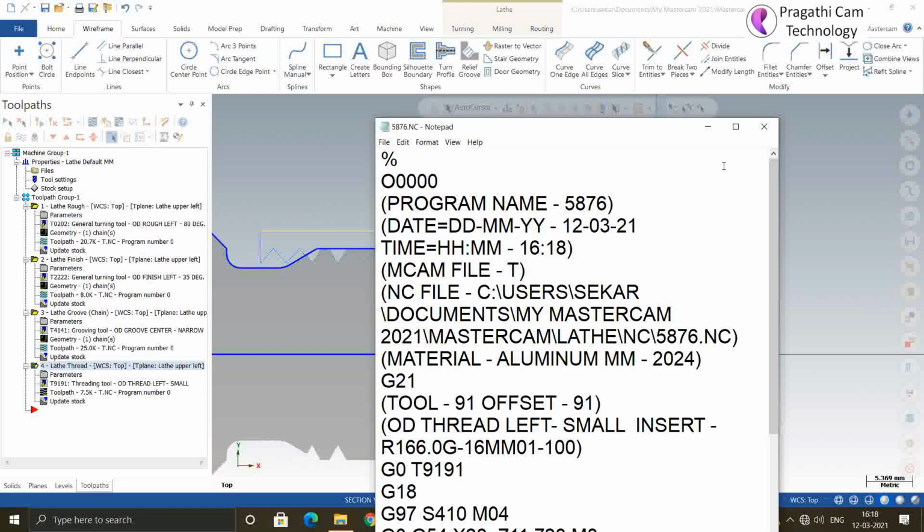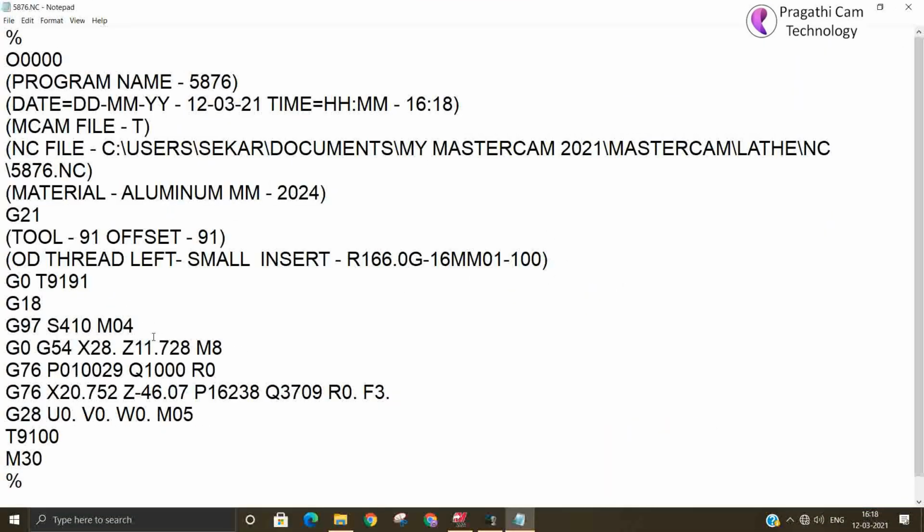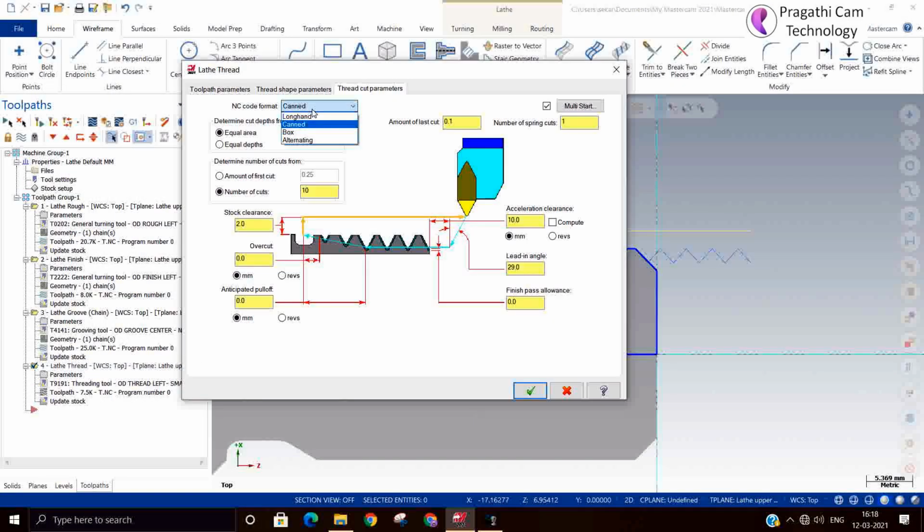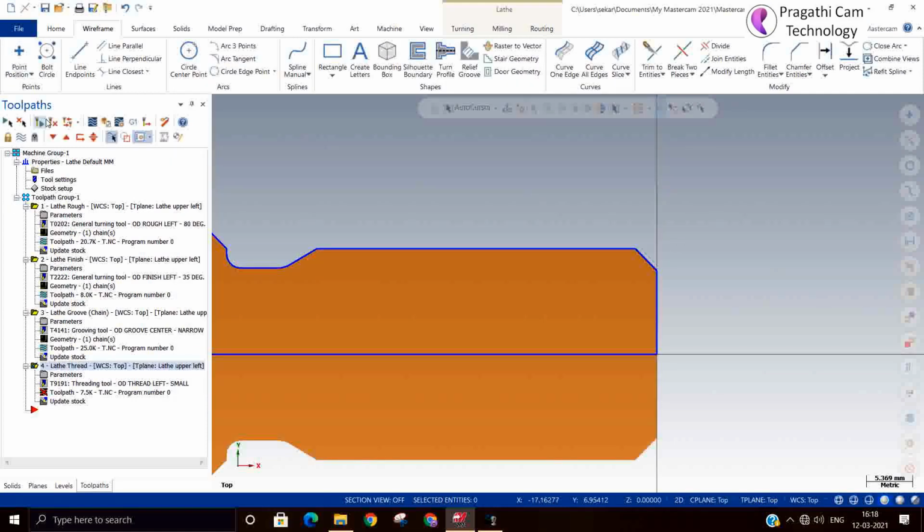So it has generated the G76 cycle. Now the G76 threading cycle has come. The same thing, I am just changing to long hand. So now I think I will get the G32.